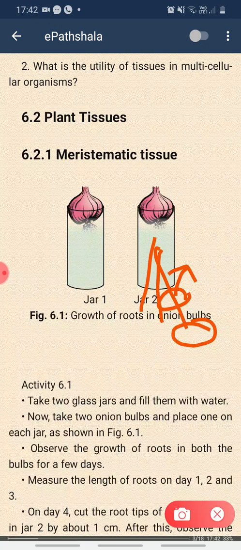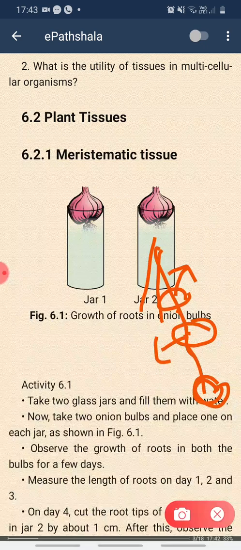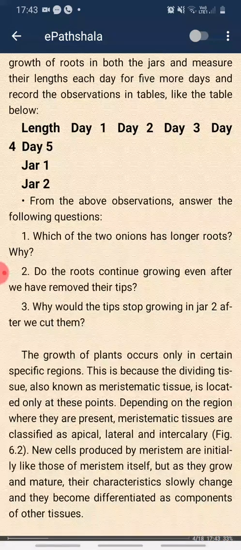They will become the permanent cells. So meristematic cells are the temporary ones. They keep on dividing. They will increase the length or the girth of the plant. But later on they form into the permanent ones. As the size of this root keeps on increasing, the meristematic cells will be present here, and these other cells will become the permanent ones. Now they will not divide further. Okay, so this is what you have to understand. This is one type of cell which a plant has. I hope it is clear to you all. If there is any doubt, you can ask me again.